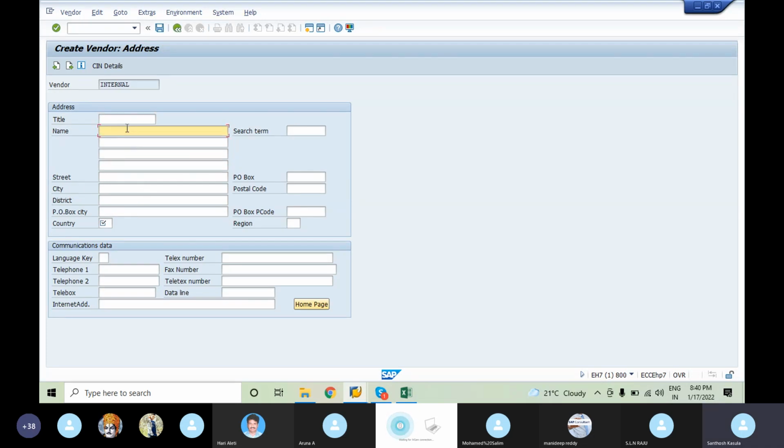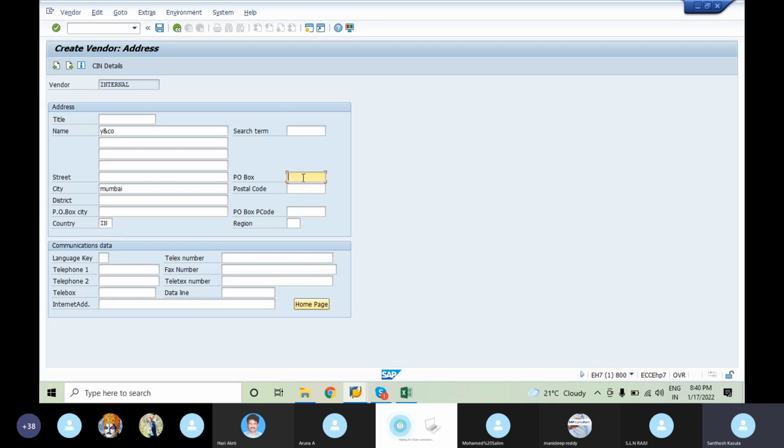I'll tell you. For this I'm taking Y and Co as the name and the city as, for example, Mumbai. Whichever fields we need to enter, if you are copying the data, the common data we need to record.